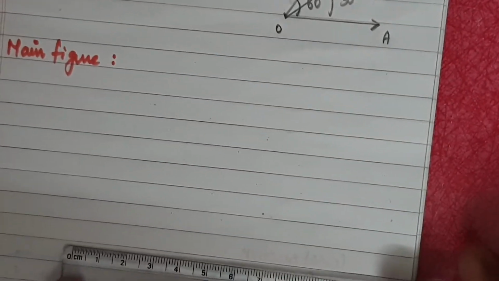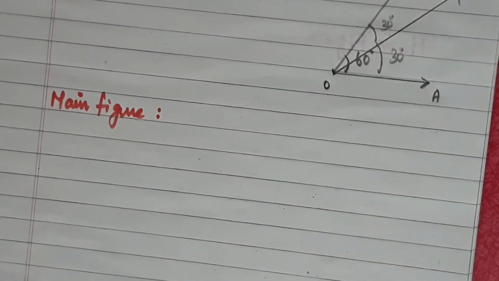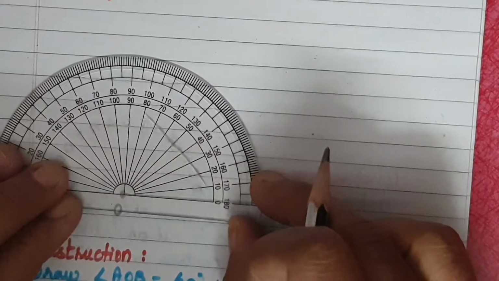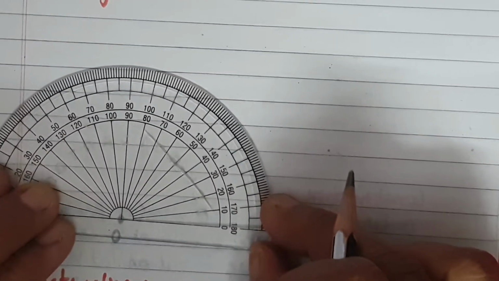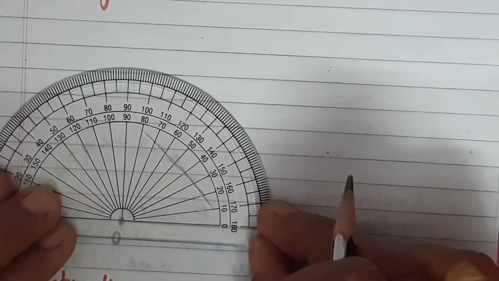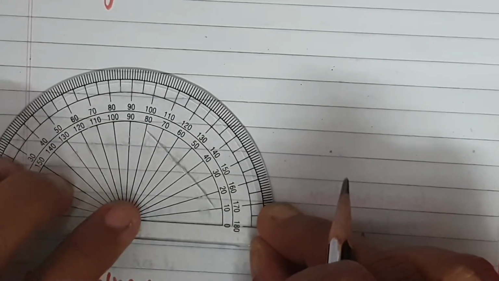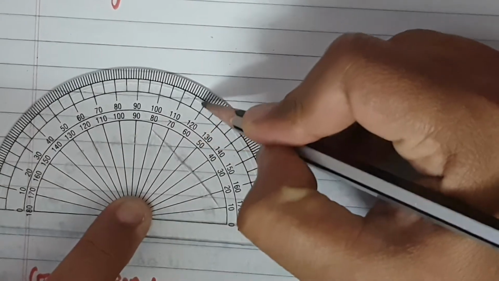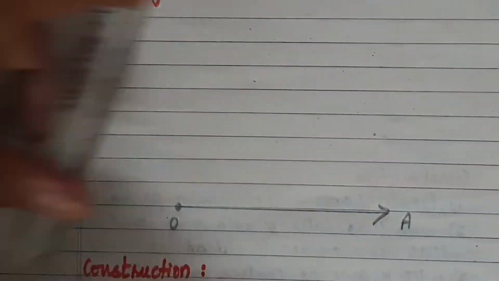Here I did only by using scale and pencil. Here I am going to use scale, compass, everything to do this. Okay. So listen, you just first draw one ray like this, any ray of your own length, and keep O, and this as A. Okay. Now take protractor. Exactly keep the 90 degree point at O, and the pencil line should coincide like this. Okay. And 60 degrees here. So I am keeping the point, and that point I am going to join now.